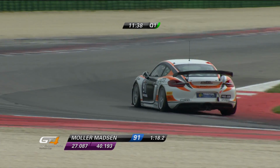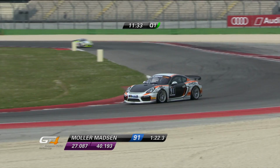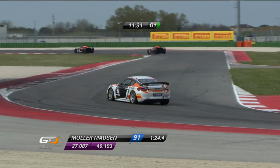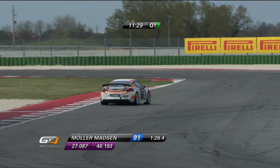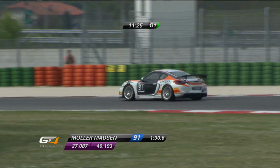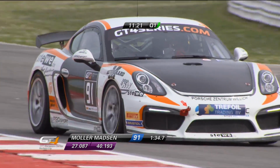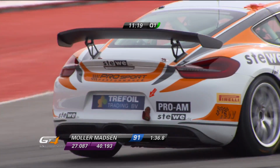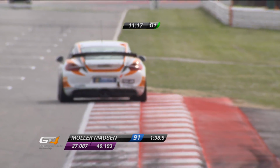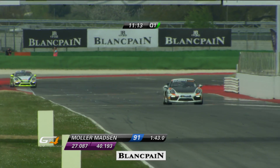So it's Nikolai Moller-Madsen, Danish racer, racing with the German Jörg Wiebahn, and knew this car from last year, when he was paired with Andreas Patzelt, finished third overall. But clear track, quite happy with the performance of the car, stays just about enough of two wheels on the circuit, not to be done for running too wide. Turns 6 and 16 with the corners, but particularly turn 6 onto the back straight, the first of three straights